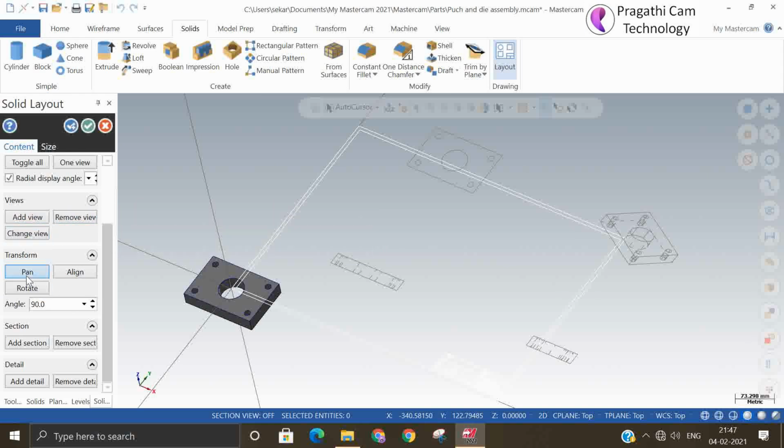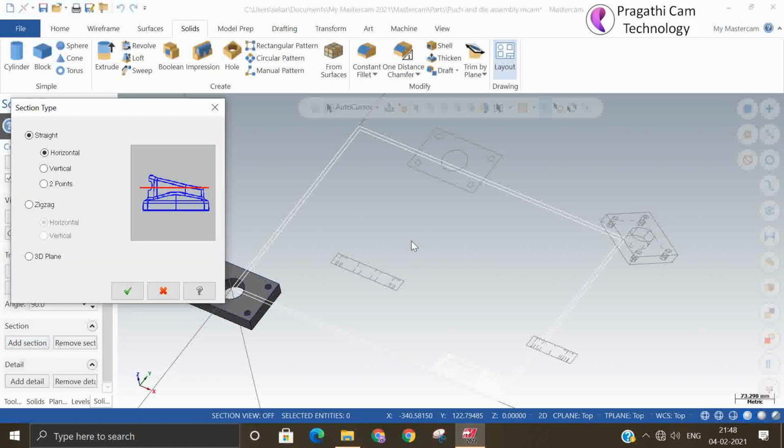Now you can align, move, copy, all the things you can do. A sectional view you can give, and added views, sectional view, and enlarged view.